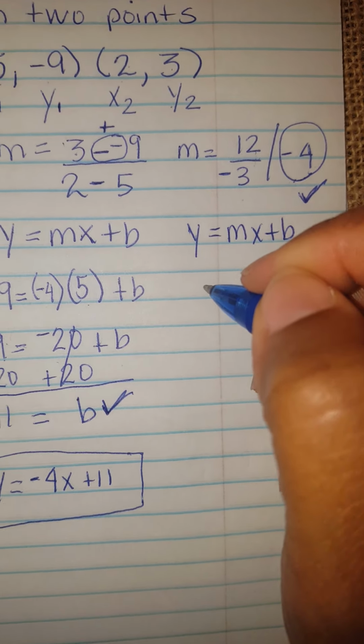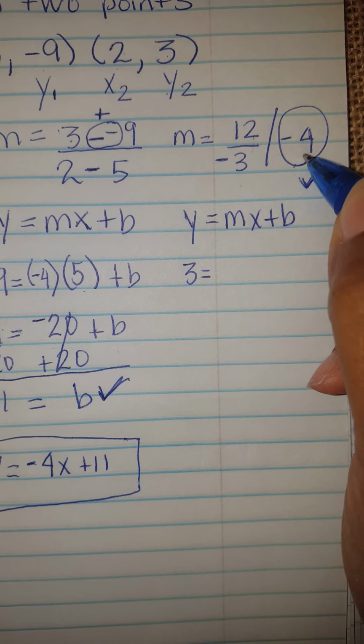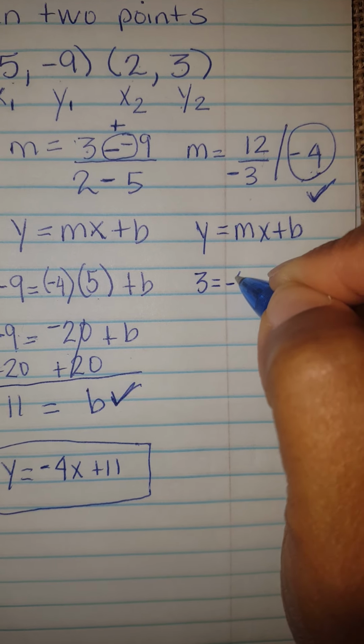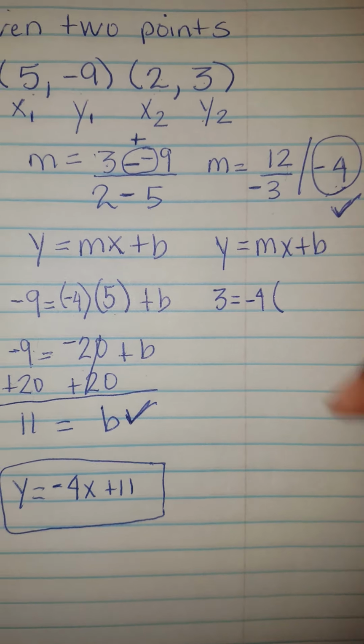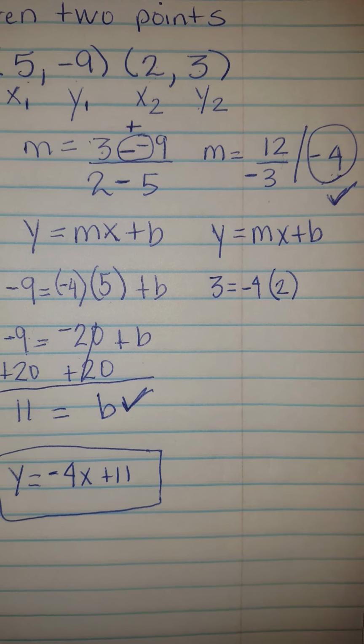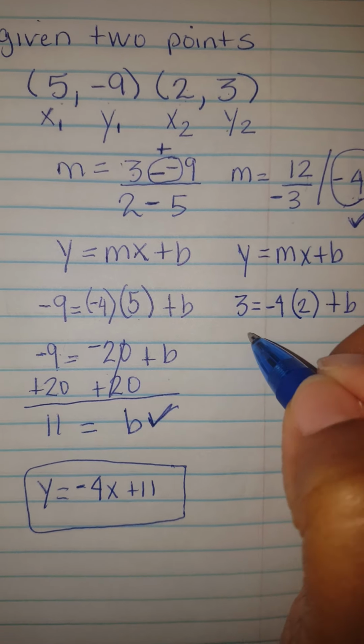So I'm plugging in 3 for the y. I'm plugging in the -4 for the m. I'm plugging in 2 for my x. And the b, of course, is what we have to find. So when I do the math,